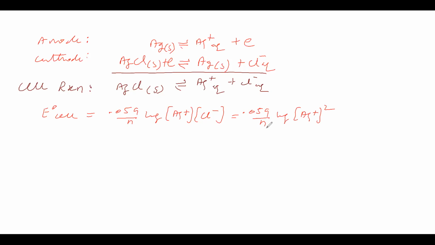So now the n value we know. We have to find the Ag plus concentration because they are asking the solubility of AgCl. So we have to substitute E naught cell. We want E naught cell for this. E naught cell for this in the sense we want anodic E naught and cathodic E naught. See, the anodic E naught and cathodic E naught are not given in the question. Therefore, we cannot take this as anode and this as cathode. Then what shall we do?